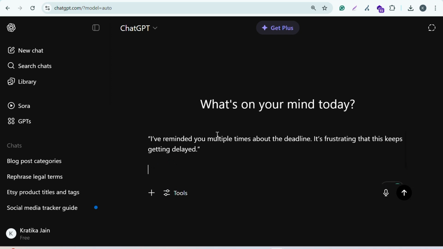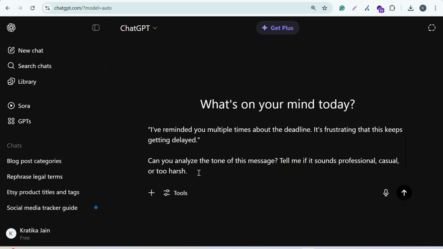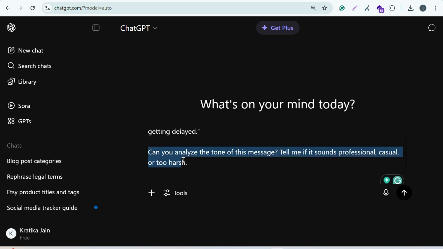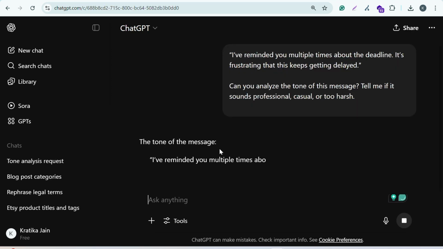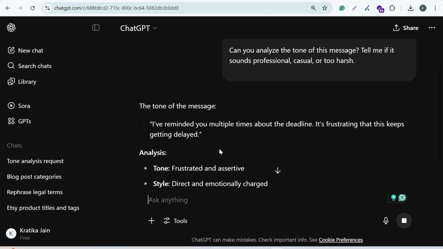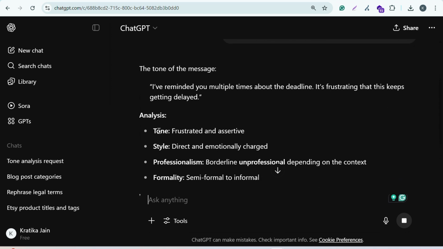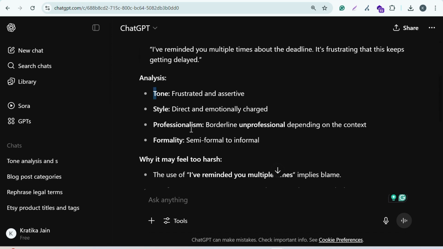So we will ask ChatGPT what kind of tone this message is in. Here I've written, could you analyze the tone of this message? Tell me if it sounds professional, casual, or too harsh. Just send this prompt to ChatGPT. As you can see here, the tone that it has analyzed is frustrated and assertive, and it has given all the details